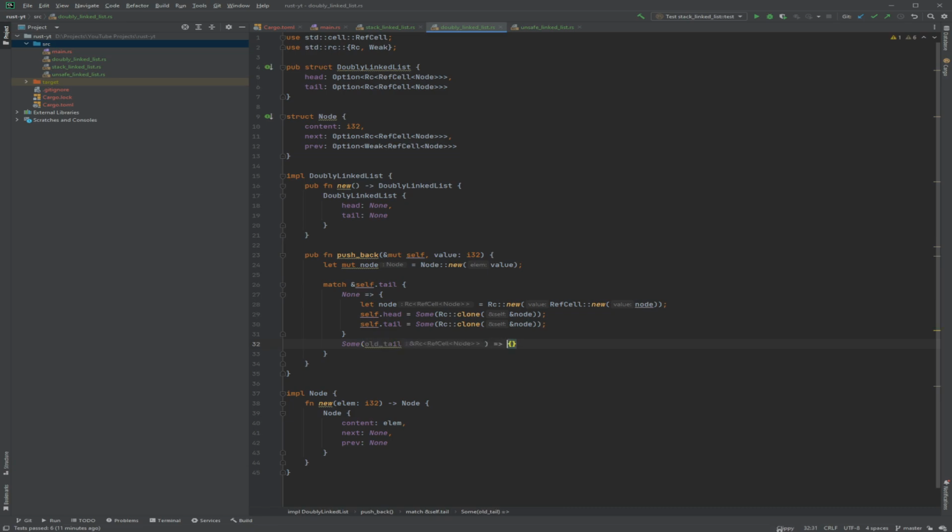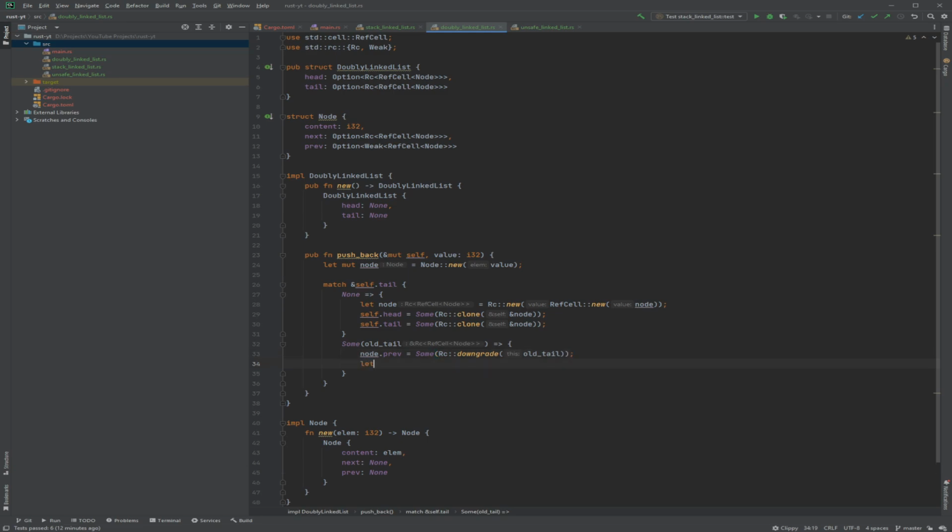And then obviously if there's a tail that already exists, then we want to get the new node's previous and set it to the tail of this old tail. So we need a weak counter and a weak reference. To get a weak pointer or a weak reference, you do downgrade and then the node.